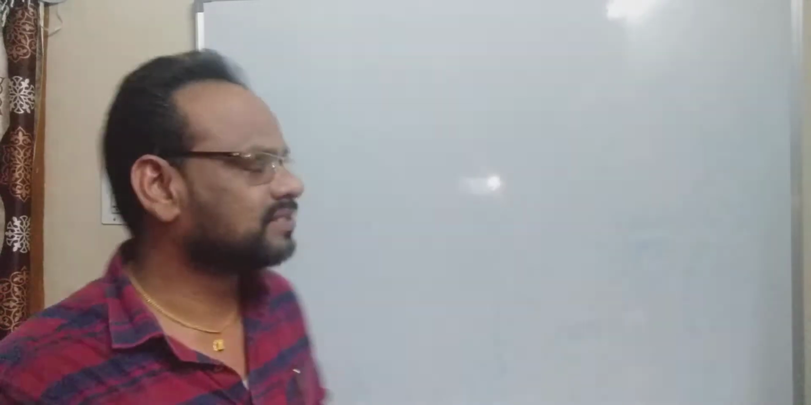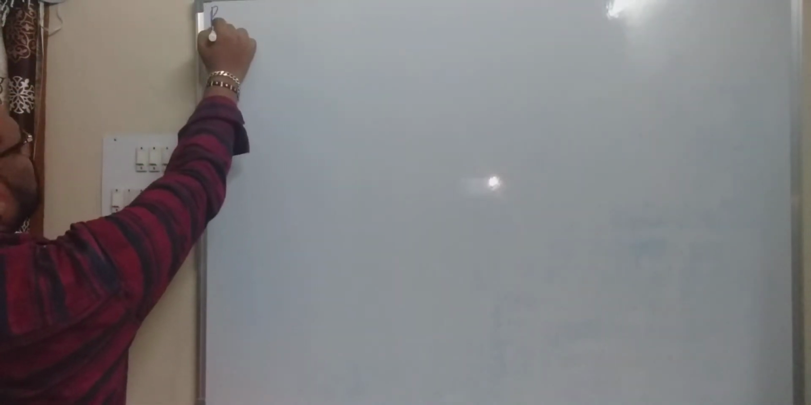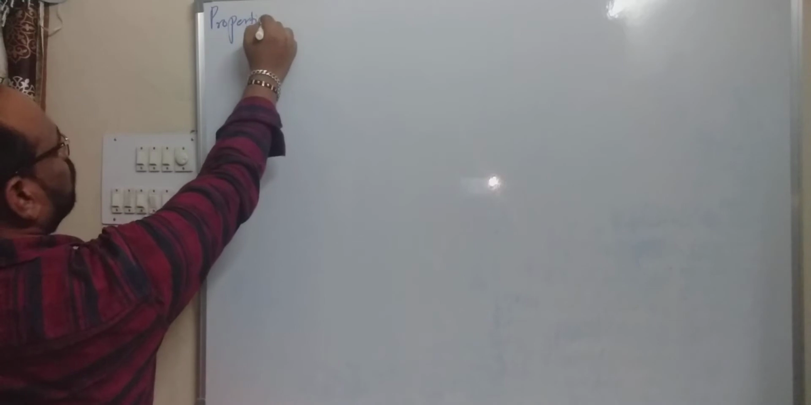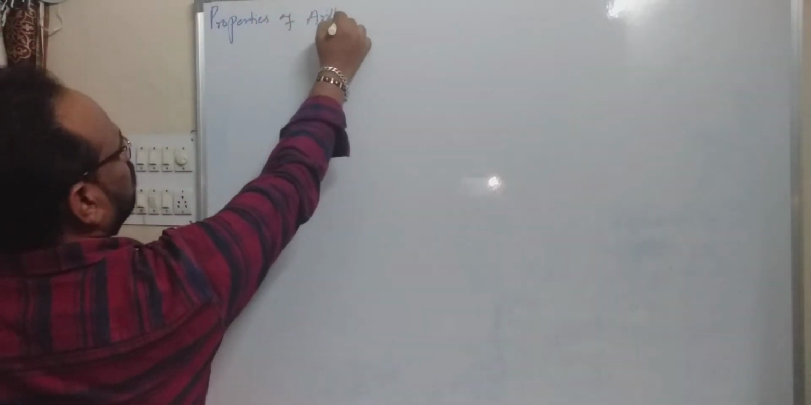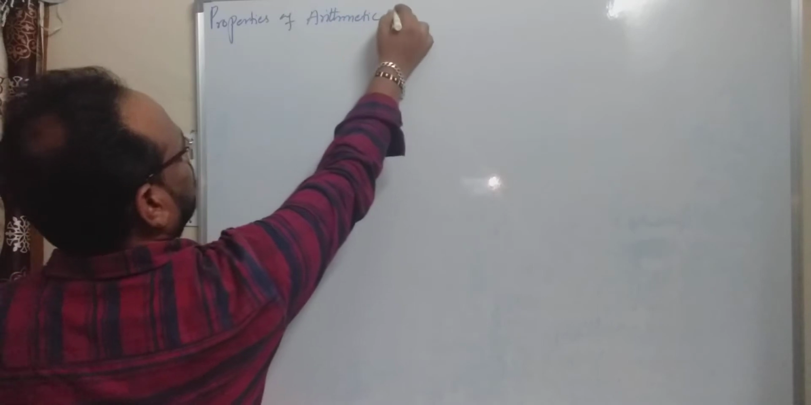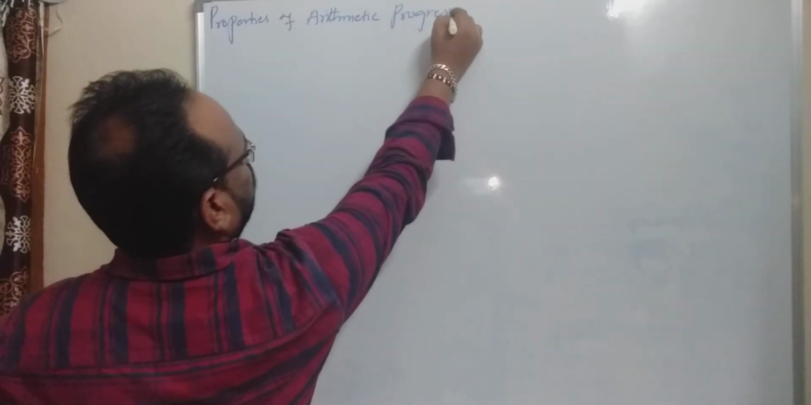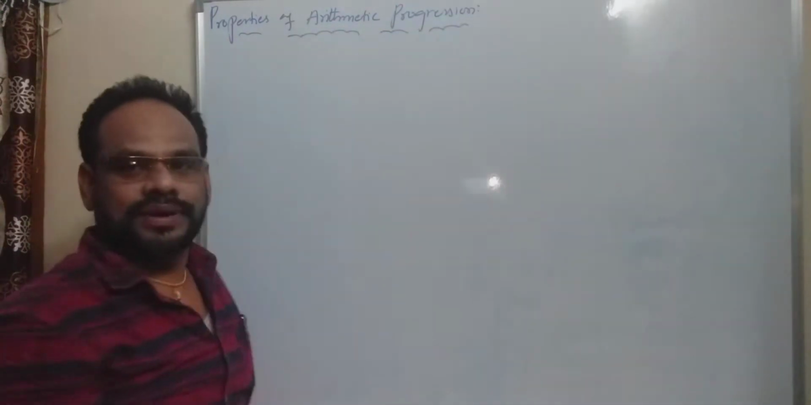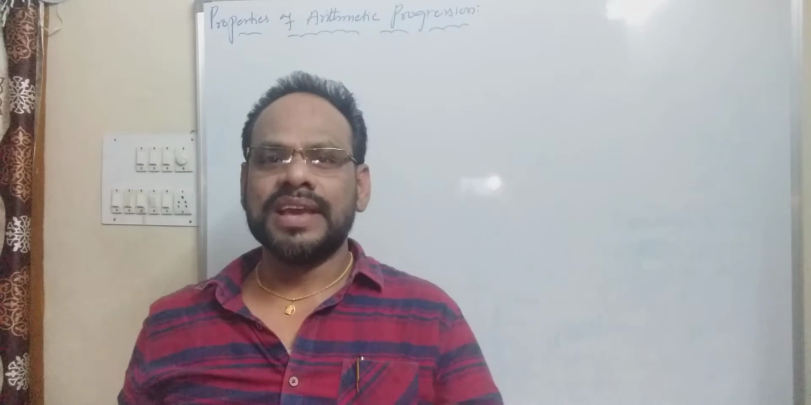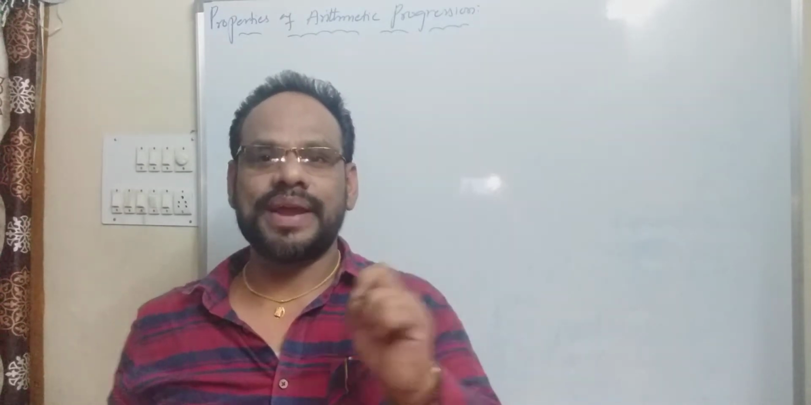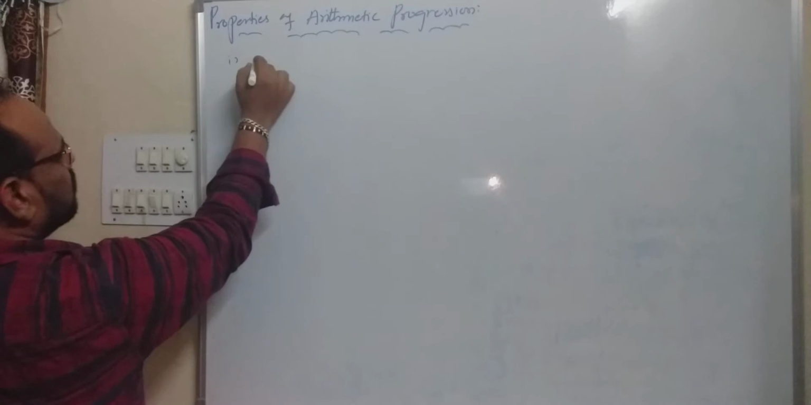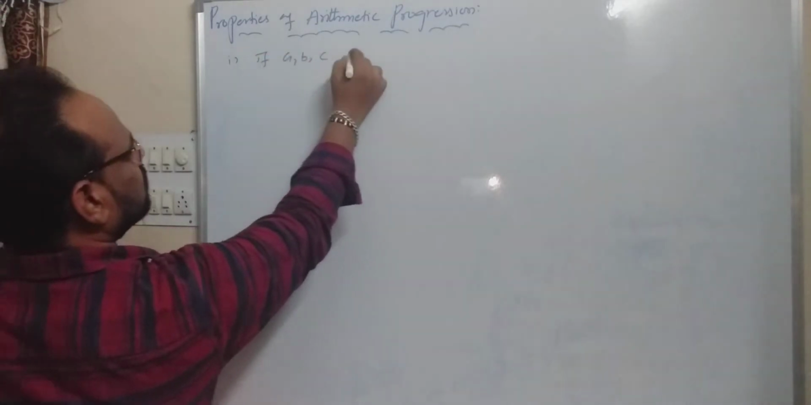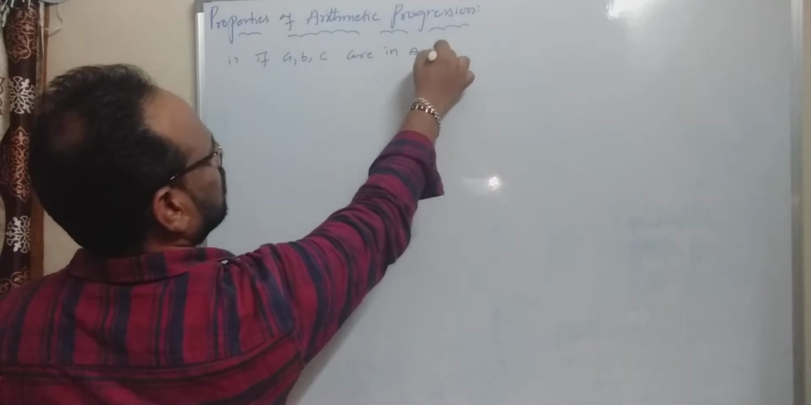Today we are going to discuss a very important topic, that is properties of arithmetic progression. First property: if A, B, C are in arithmetic progression, AP,